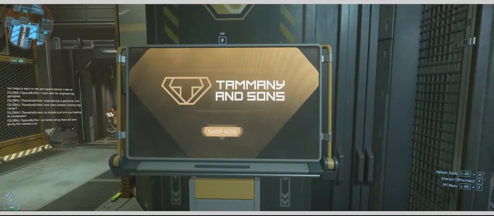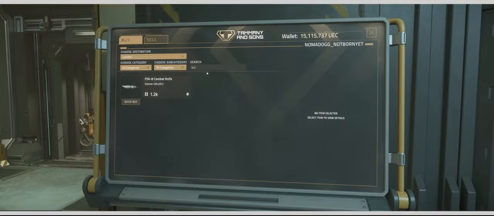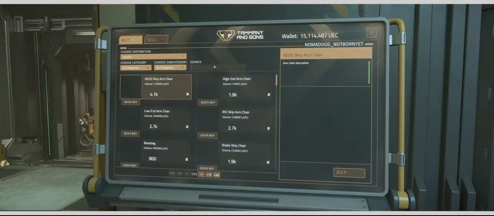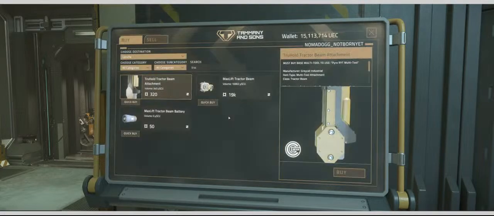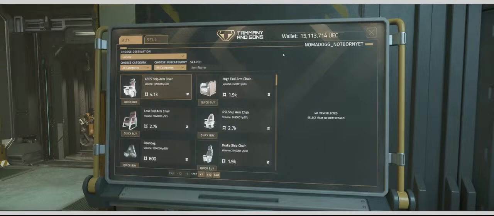And those who know us, we love knives. So, okay, knife, buy one, and then tractor beam, of course, buy one, tractor hold. Alright, so now it's getting interesting. We can sell the stuff we just bought. Question is,